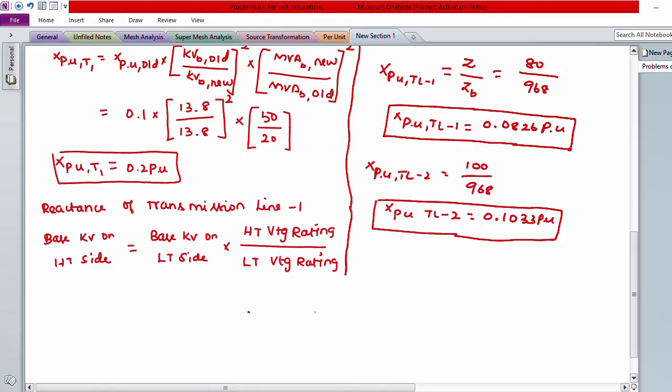So now we will consider the transformer 2 high voltage side. But in this case, transformer 2 is connected with 3 single phase transformers connected for 3 phase operation. So we have to go for the voltage conversion on the star side. So for the reactance of transformer 2,